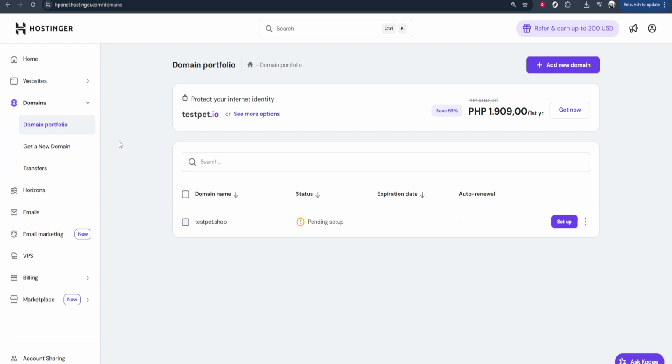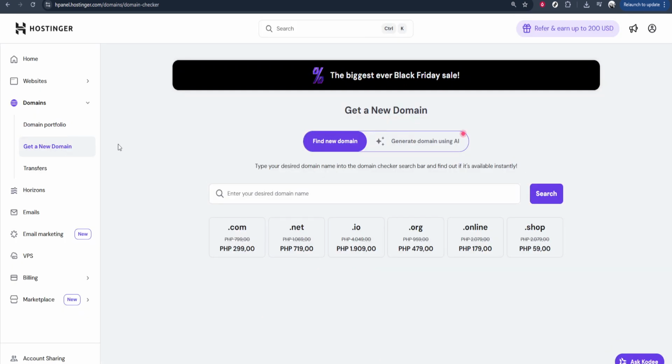At this point, you might wonder about getting a new domain or modifying current ones. Hostinger makes this incredibly seamless. If you want to purchase a new domain or perhaps add to your current collection, you can simply click on the button labeled Get a New Domain. This option will streamline the process of acquiring new domains and opens up a world of opportunities to personalize or